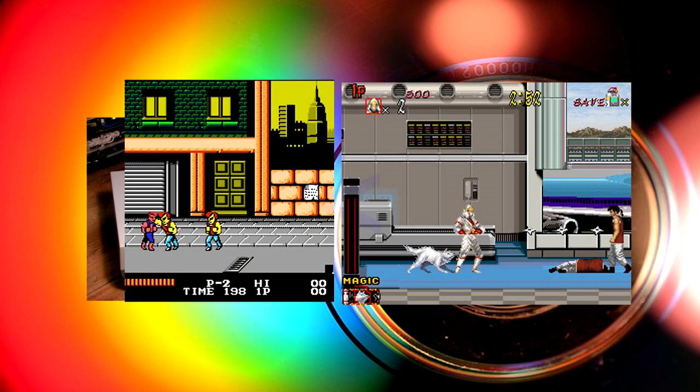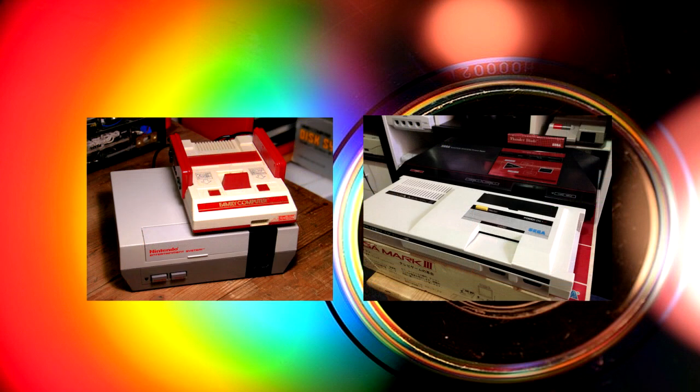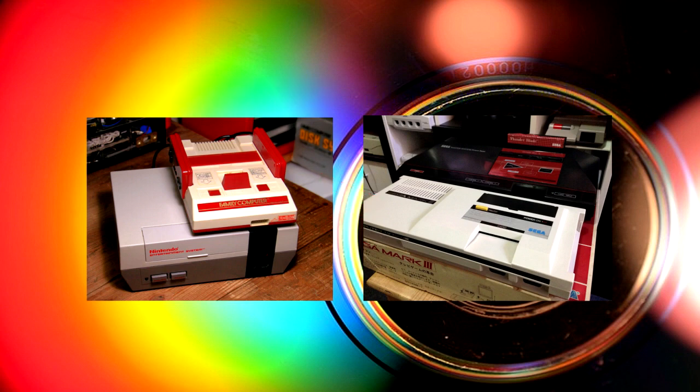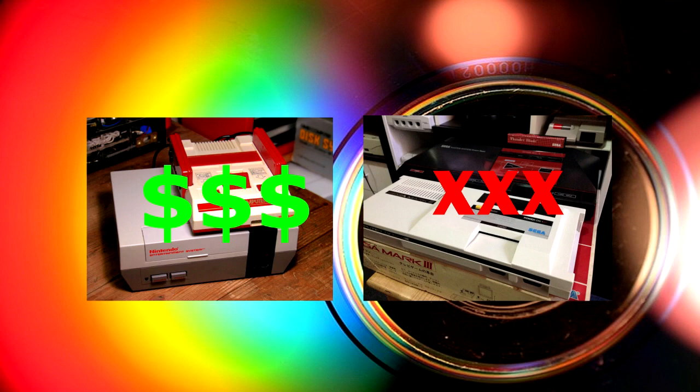Sprites could also be twice as large on screen for the Master System as opposed to the NES. Granted, the NES is capable of a 5th sound channel, while the Master System is only limited to 4. But from a hardware perspective, the Master System dominates. Oddly enough, the Master System was a failure in both the US and Japan, and while there are many theories